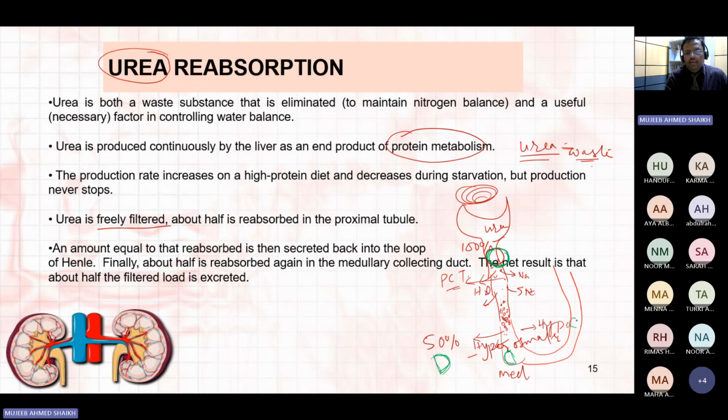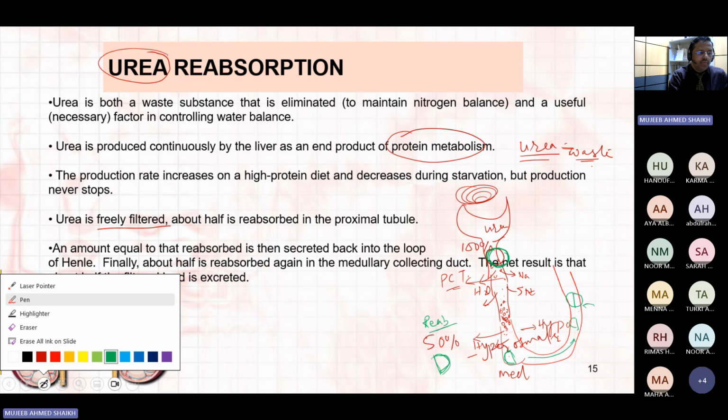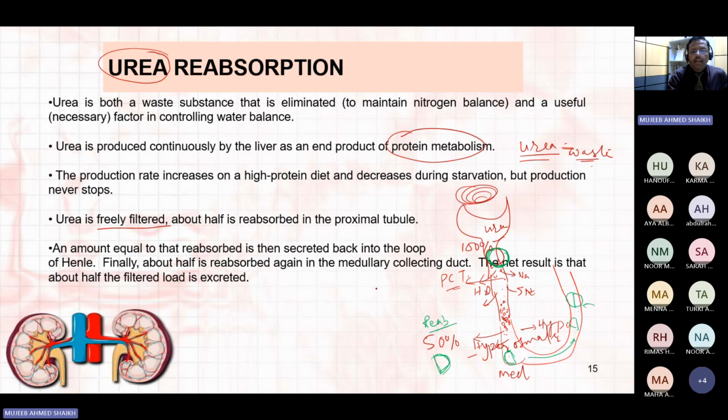This half is coming from here, and the rest of the other half will join it here, so it will become full. First it is reabsorbed, then it will again join here. Once it reaches the tip, down before the collecting duct or in the collecting duct,